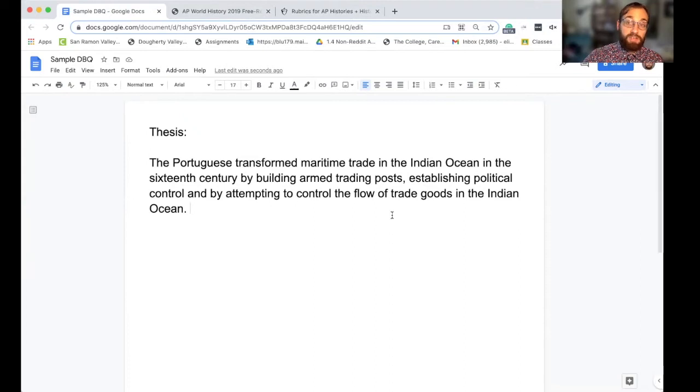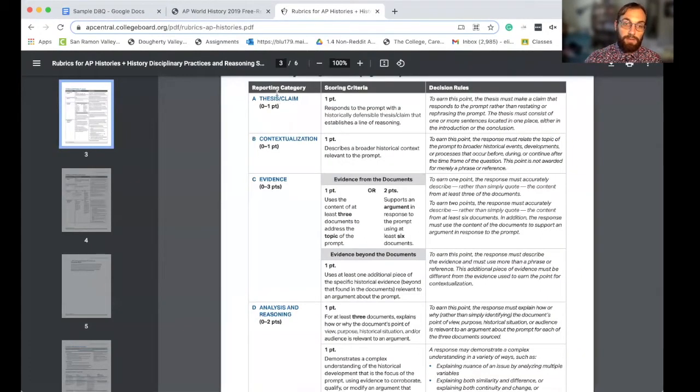Now, have I looked at the documents? Not at all, right? Is it possible that there are documents here that may not support anything I've said about trading posts or controlling the flow of trade? Maybe. I don't really know, though, because I haven't read the documents, and that's the point. You don't need to read the documents to respond with a thesis statement. Just for the record, I have read the documents and I do know what they say, but I'm attempting to prove a point here. Okay, so there we go. That's our thesis statement. We have responded to the prompt with a line of reasoning, 2 lines of reasoning to be exact. All right, so we got the thesis and the claim done.